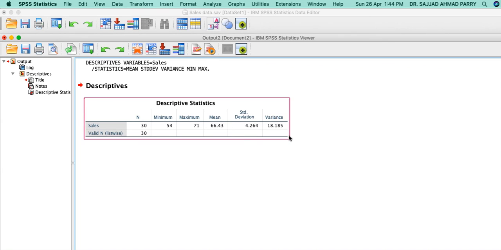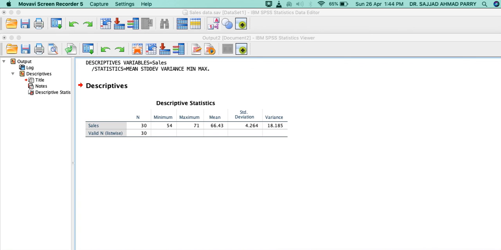Now this variance is the overall variance of the sales. But what we have to do is find the variance within each group, because we have three groups there. So for within each group there is another path. This one we don't need here, but if we want to find the overall variance, this is the path that we need to follow.